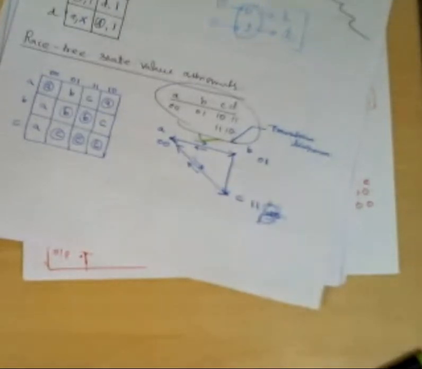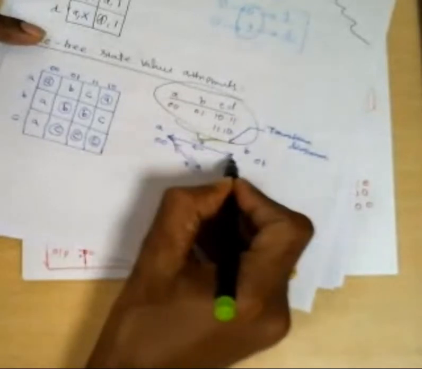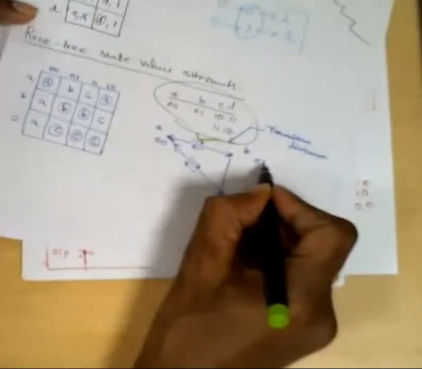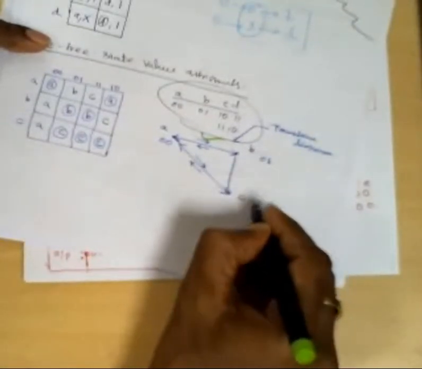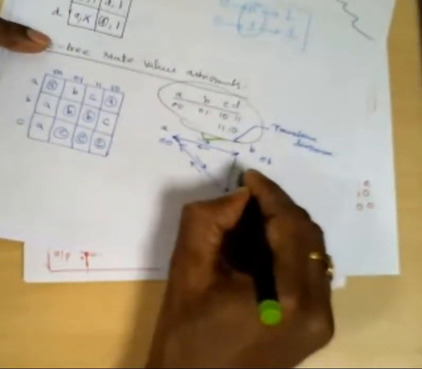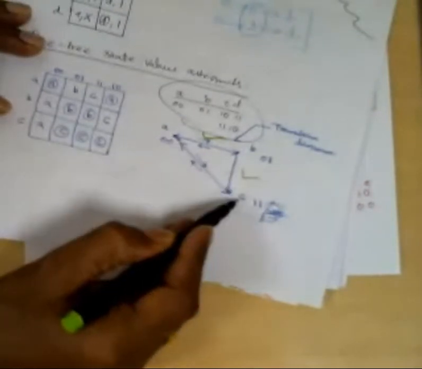Therefore, the fundamental mode of operation is only one input change at a time and only one state variable should change at a time. So here A to B, 0 0 to 0 1, only one change required, it is fine. Then B to C also, 0 1 to 1 1, only one change required, this is also absolutely fine, no problem. But for A to C, two state changes are required, so there is a chance for critical races, right? So A to C is always a critical race. We will understand how.